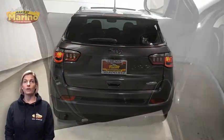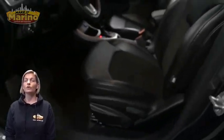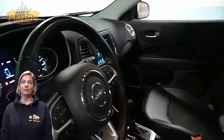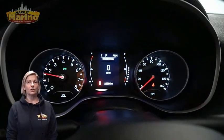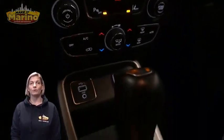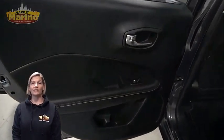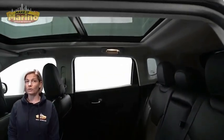wiper and washer, front bucket seating, steering wheel mounted audio controls, 22,000 miles on the odometer, 7-inch touchscreen, rear backup camera, dual zone temperature control, electronic park brake, split folding rear seats, dual pane panoramic sunroof, 2.4-liter 4-cylinder engine, and